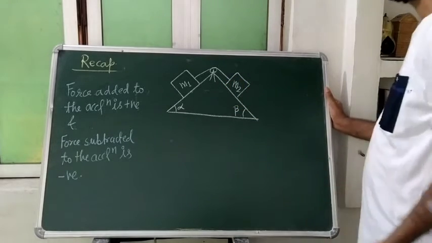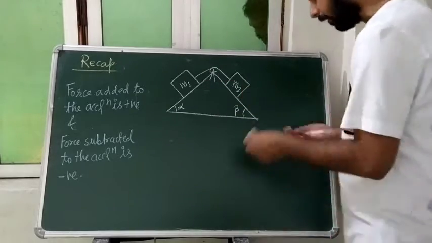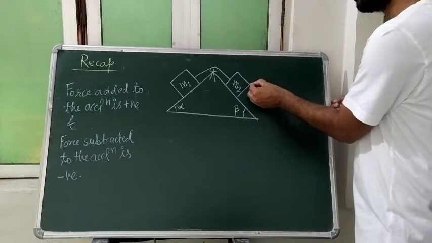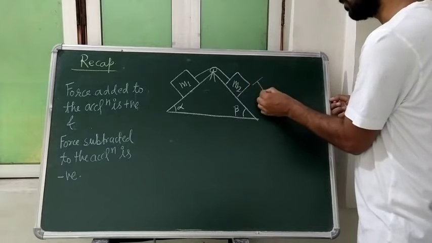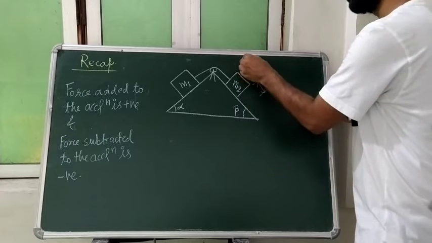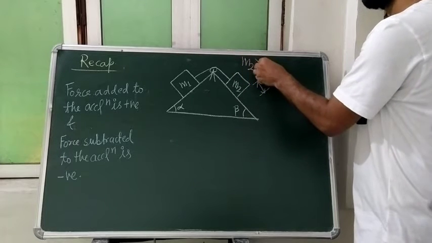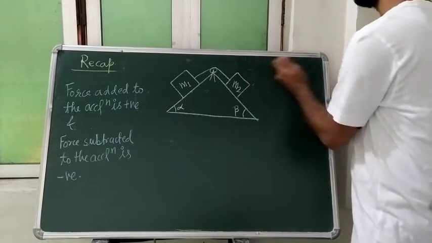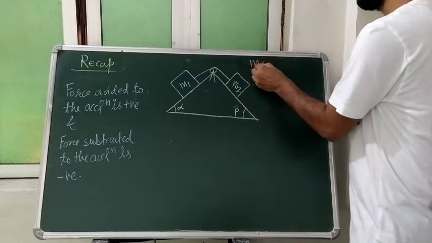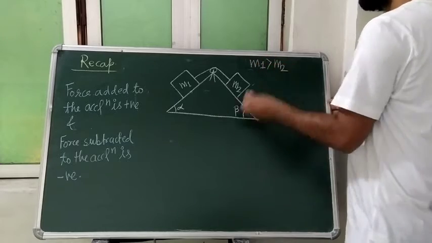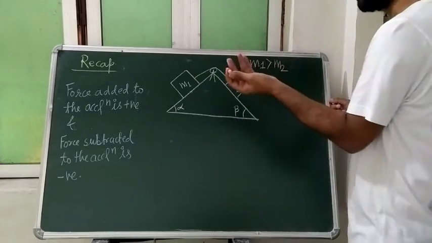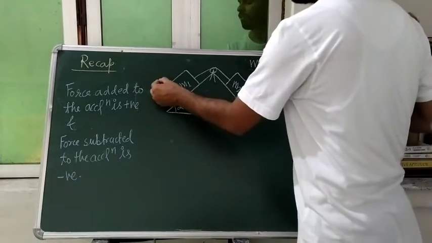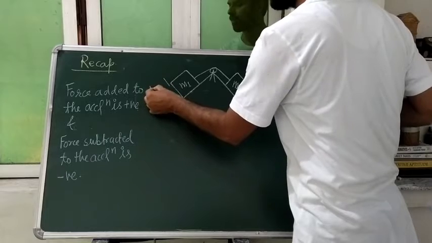So our first task will be to find out what that acceleration will be, and for that, student, I have told you. Suppose m2 is more than m1. Okay, for the time being I am selecting that m1 is more than m2. So if m1 is more than m2, it is going to move in the anti-clockwise direction. So suppose this is going to travel the x1 distance.